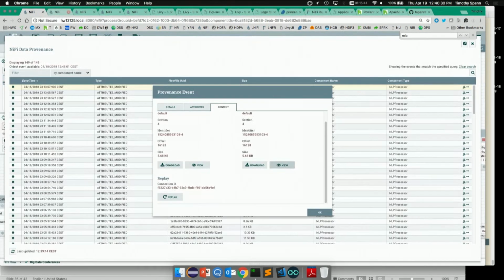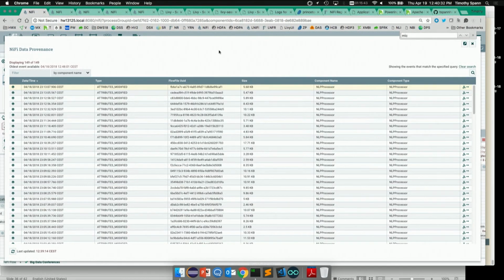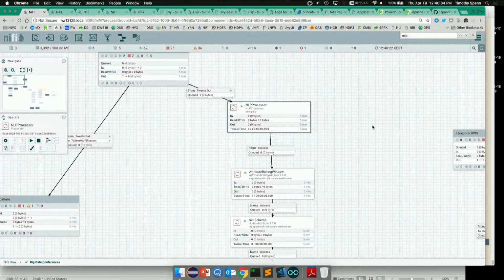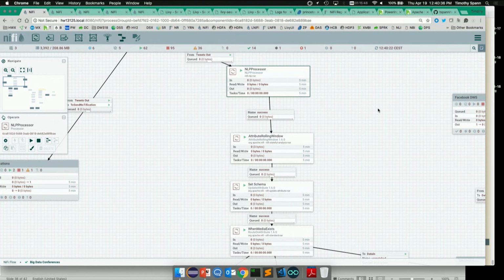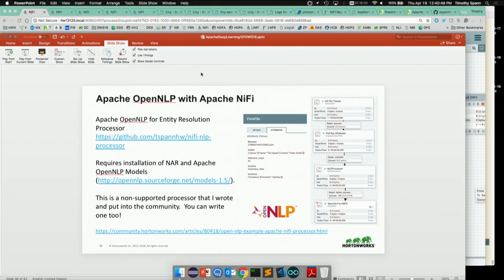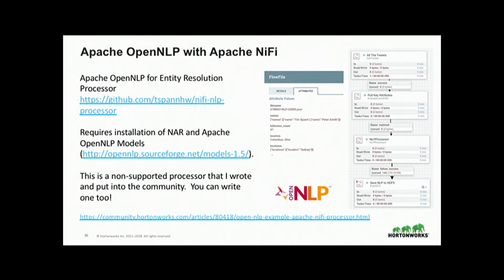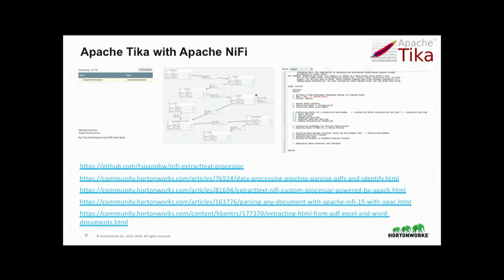Now I have that data, and with NiFi, I decided to add that as a field. So now as part of a flow, I have the tweet, and I have an NLP analysis of that. And that just happens as part of the flow. I add that around that data. I don't have to change the original data that came into the system. So that's integrating another Apache project for doing natural language processing. It's very simple. I have a full article on that if you want to dig deeper.